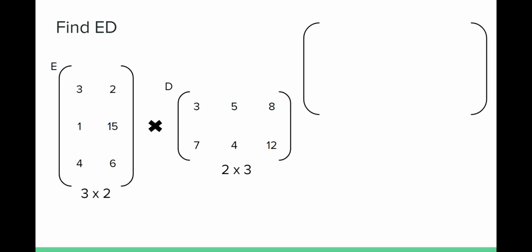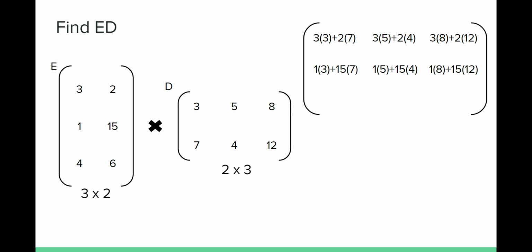So again, we would look at row 1, column 1, and get 3 times 3 and 2 times 7, and we'd add those, and then we do the next thing for the next column of matrix D, 3 times 5 and 2 times 4, and then 3 times 8 and 2 times 12. Then we would look at the second row of matrix E, which would be 1 and 15, and then 1 times 3 plus 15 times 7, and we would repeat for the next column of D,